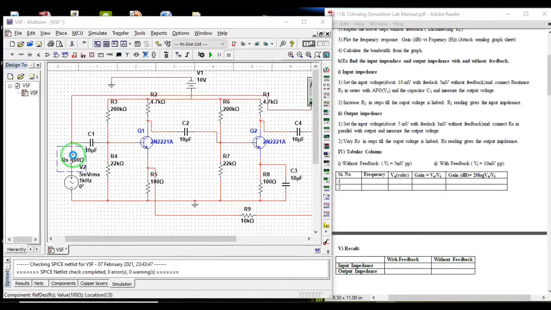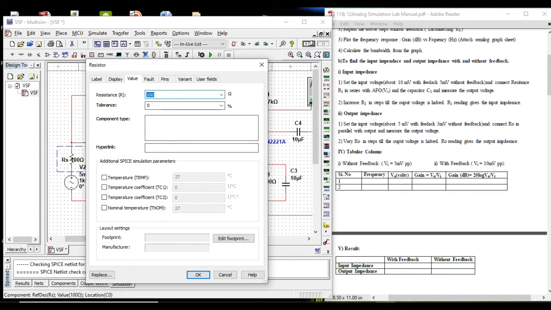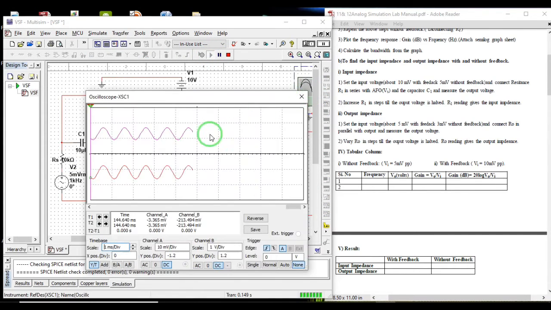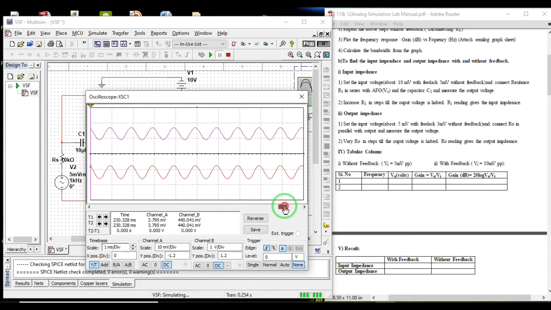So I'll vary this maybe up to 10k. Let me see for 10k what. See, this is just a trial and error. You have to try some value, run it. Yes, it has certainly reduced, but how much it has reduced, we'll have to measure it. So come back. Is it 0.65? No, it is slightly more than 0.65.